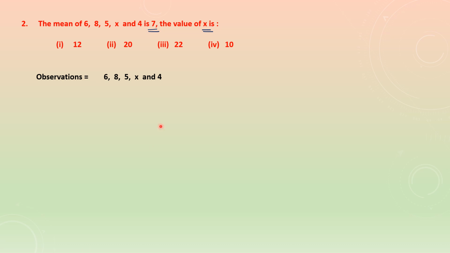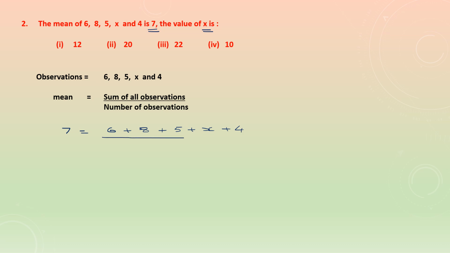And now to find the value of x, we don't know what x is. To find it, let's use the same formula to find the mean. Mean is the sum of all observations by the number of observations. Now we are going to substitute wherever we have a value. We already know the mean is 7. So 7 is equal to the sum of all the observations, 6 plus 8 plus 5 plus x plus 4, divided by how many observations there are. There are 5 observations. So now this has become a simple linear equation and we're going to solve for